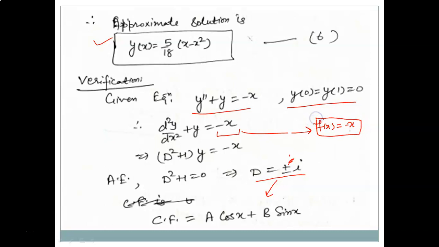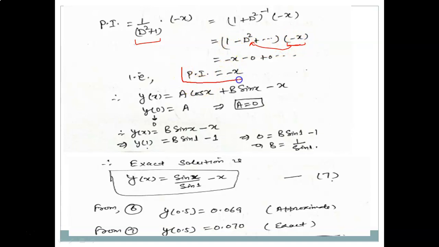For the polynomial case, how do you find the particular integral? We write this part here and the minus x, then you take it in the numerator and open it like a binomial expansion. When you open it, the minus x is there. If you take this minus x with this, you have to differentiate this term 2 times with respect to x. That gives you 0. Further terms also have higher powers of D, therefore all other terms will also be 0. And when you multiply this minus x with 1, you get minus x.